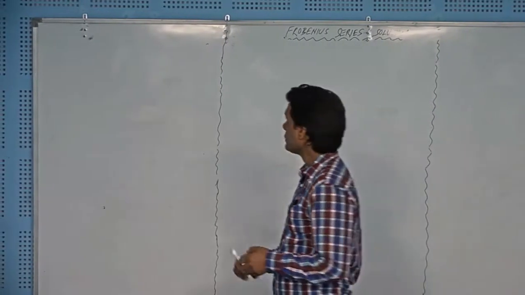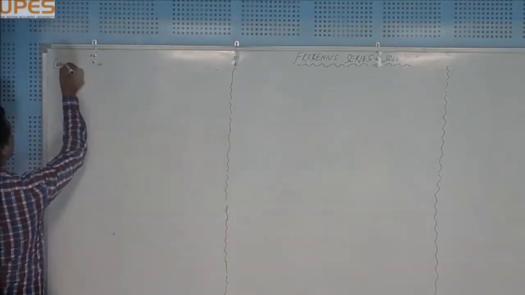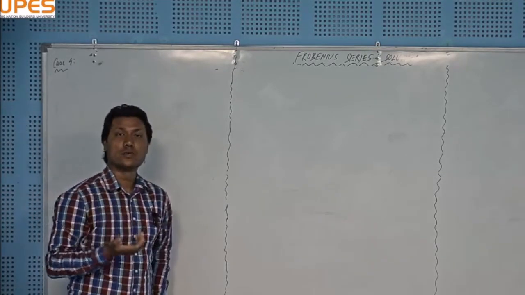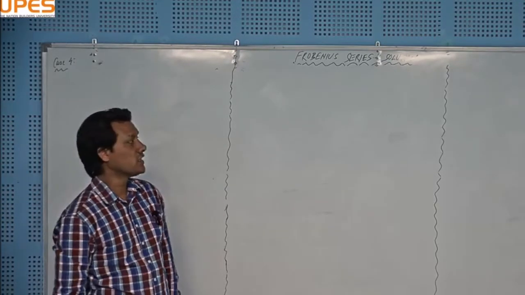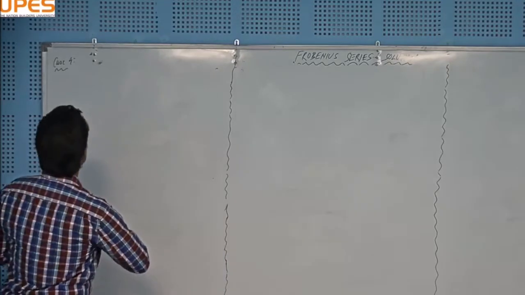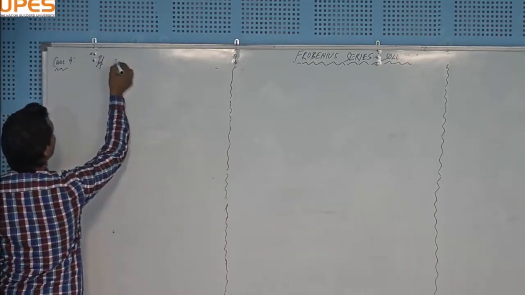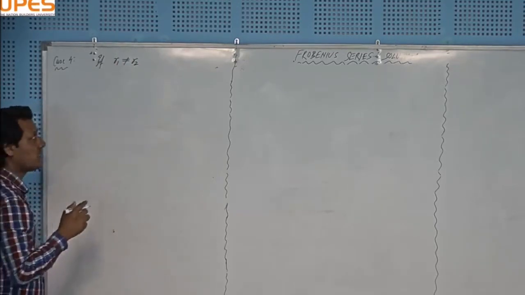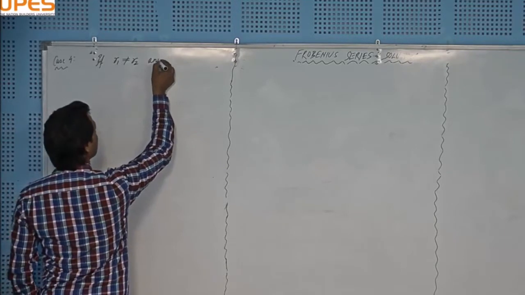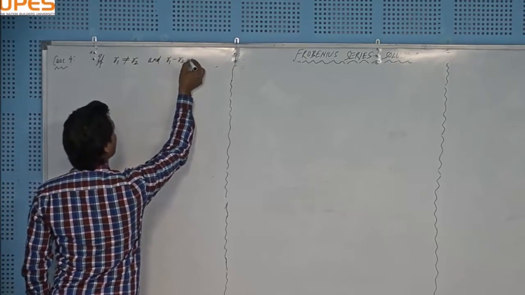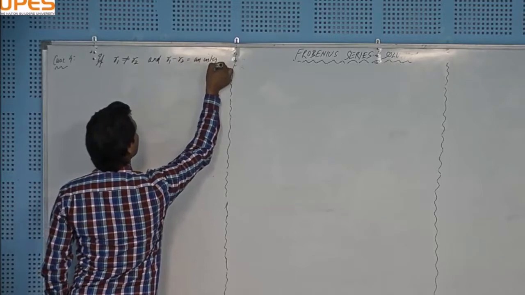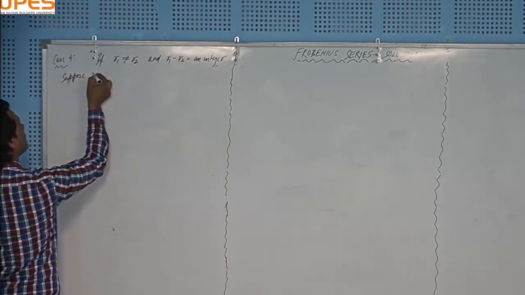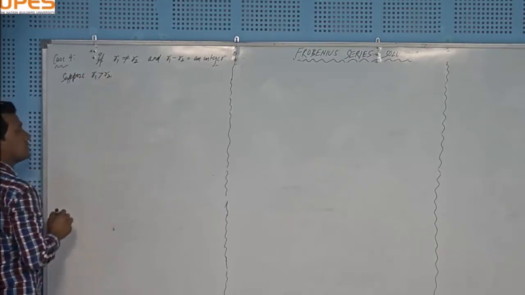So I will call it case number 4. However, we will see that this is the most general case when the roots are distinct and they differ by an integer. I will tell that later. To start with, we can write: if the roots of the indicial equation r1 and r2 are not equal, and they differ by an integer, that is r1 minus r2 is equal to an integer, and we suppose that r1 is greater than r2,